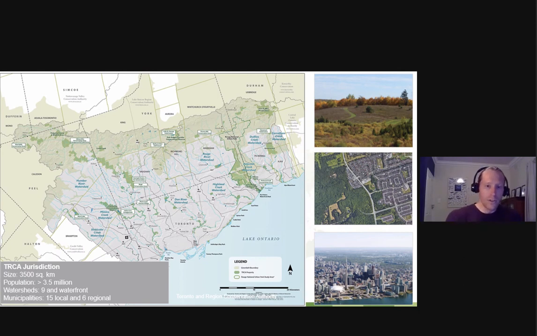It includes the highly urbanized area of Toronto, which has in excess of 3.5 million people. The total area is 3,500 square kilometers, so it includes this urban gradient, going from really urbanized downtown Toronto all the way to some agricultural areas and then natural forested areas on the outskirts.